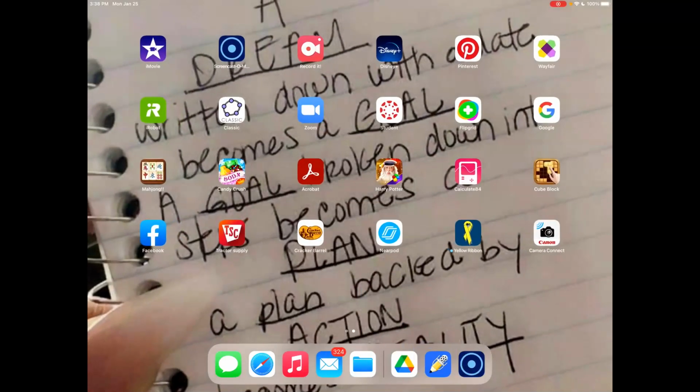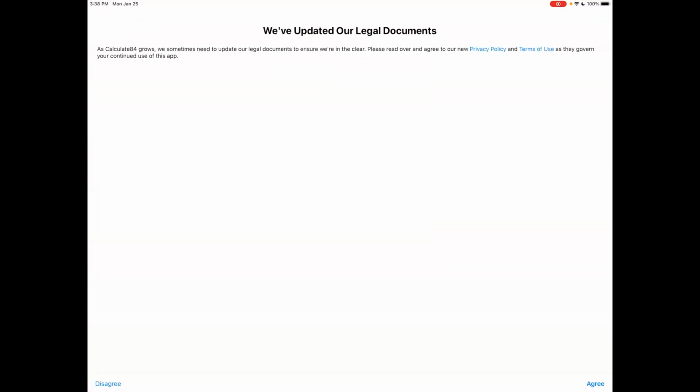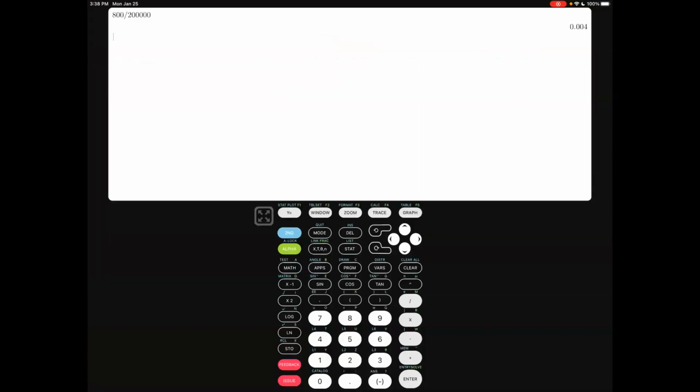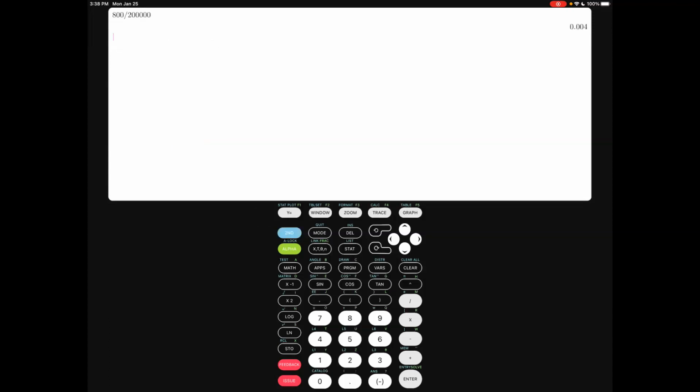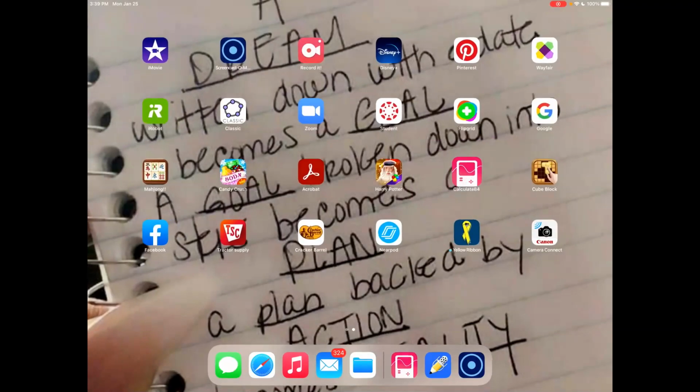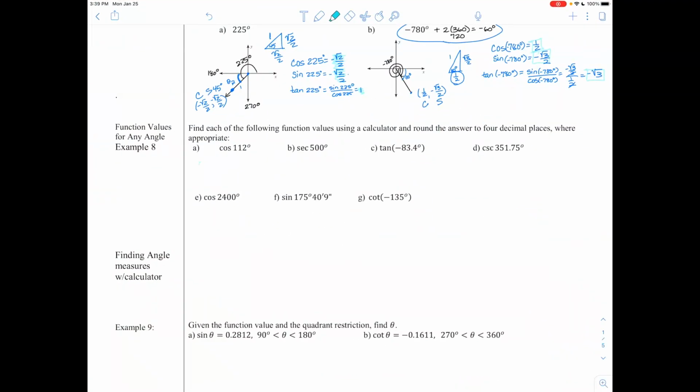is in degrees. So I'm going to go ahead and pull up my calculator here. Make sure I'm in degrees here. Let me check my mode. It is in radians, so we do not want that. Degree, cosine of 112, 4 decimal places, negative 0.3746. So we get approximately